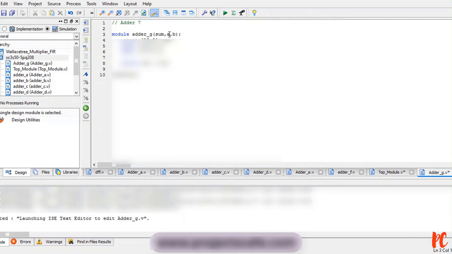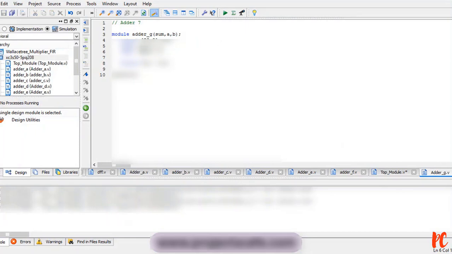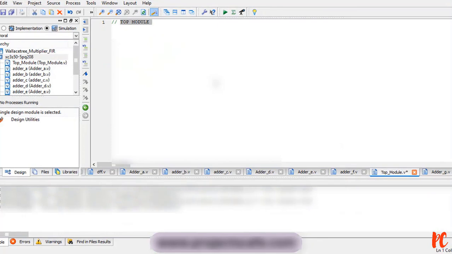This ranges till 22 down to 0. So obviously it lasts till 21 down to 0. I'm saving this to be G1. Now let me go for the top module. Building an 8-tap FIR filter using Wallace tree multiplier.